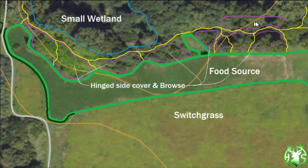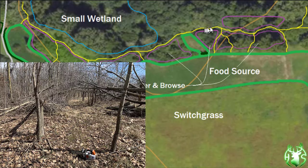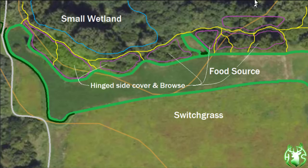This is all hinged with high cover, low cover, a major travel corridor that goes east and west here. And the beauty of this particular corridor, now there's much more bedding off in this direction that you can't see in the recording, but when the wind is from the south or southeast or southwest, a lot of bucks will filter out of this bedding area, pick up this travel corridor, and follow this corridor like this, scent checking this food source,